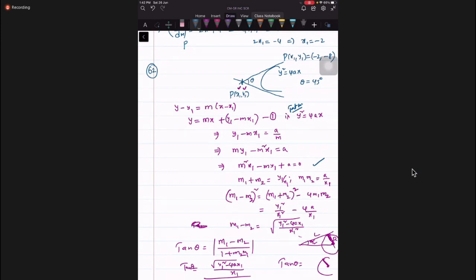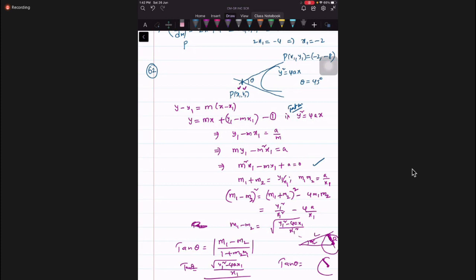And what is the locus of the point of intersection of perpendicular tangents, students? Generally I am asking, in circles, the locus of the point of intersection of perpendicular tangents of a circle is called what? Director circle. Now it's directrix. Understand, students? In circles, the locus of the point of intersection of perpendicular tangents is, tell me.